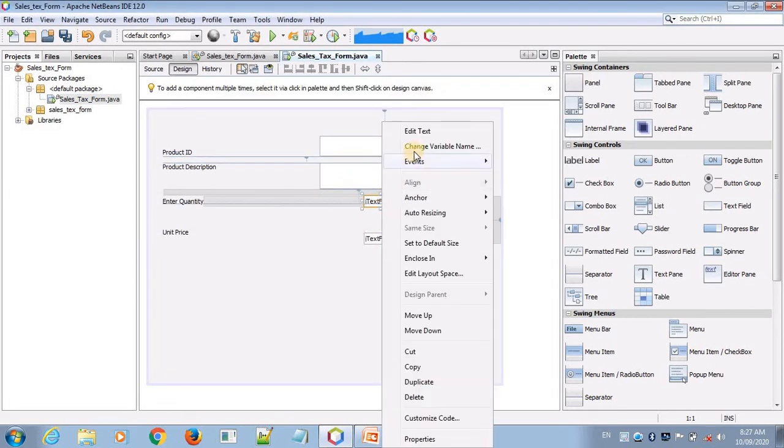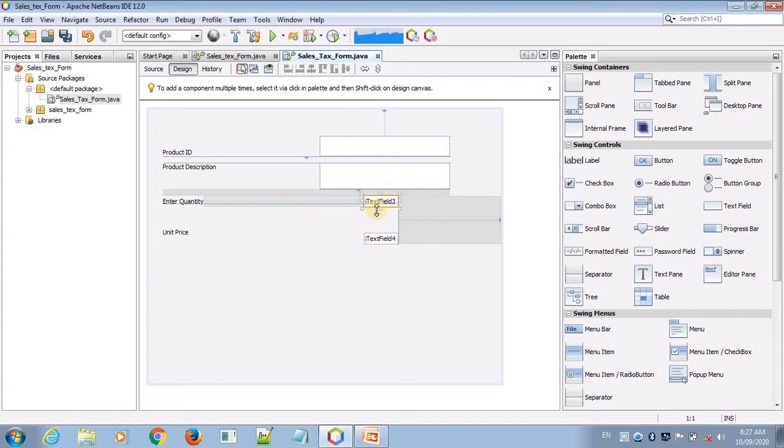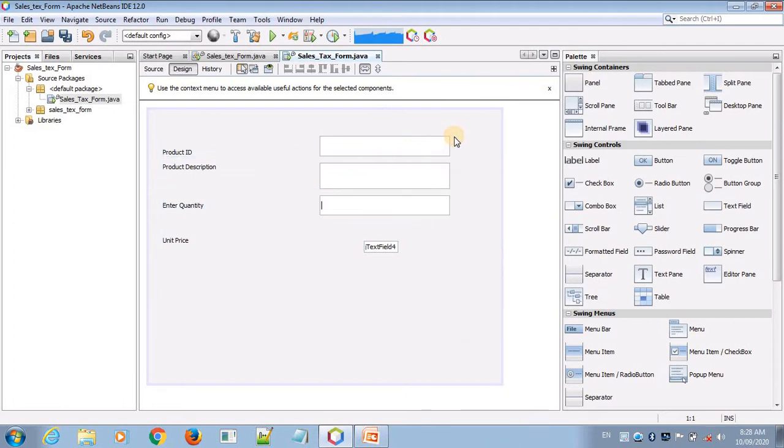Now the third text box is for textfield_quantity, QTY. Edit text.